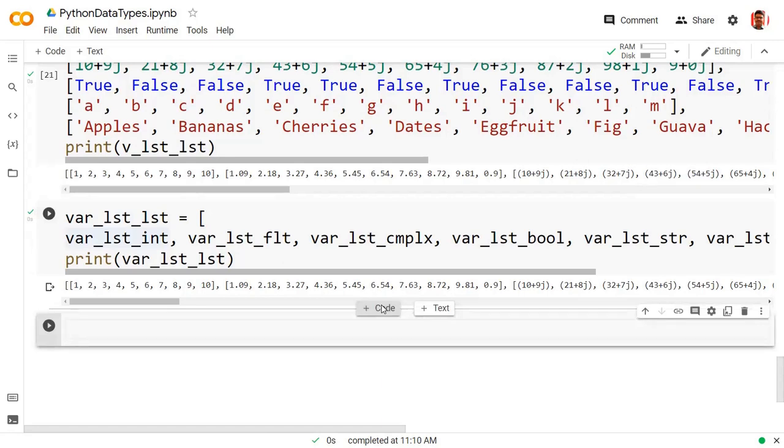The second data type, which is part of the data structure data types, is the tuple. The important part of a tuple is that it is represented by parentheses. You know parentheses well. Another important thing is that you cannot change values inside your tuple. So a tuple is considered to be immutable.